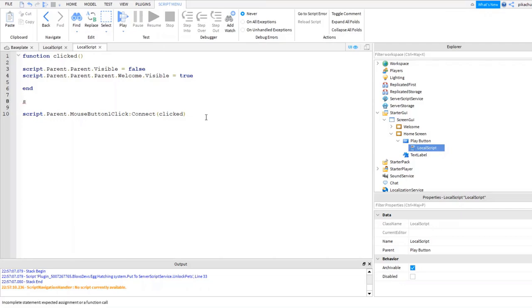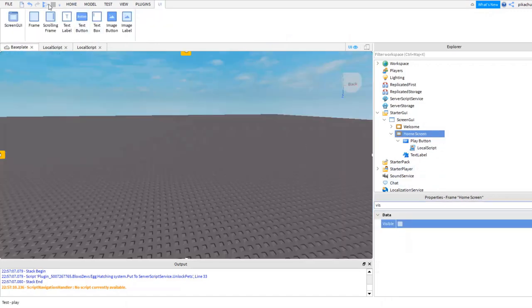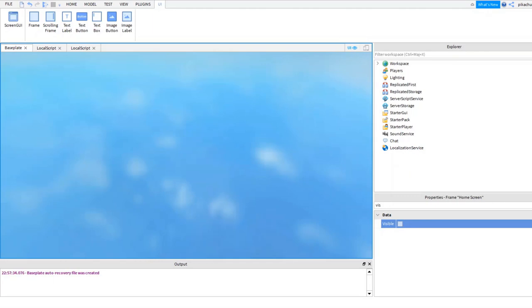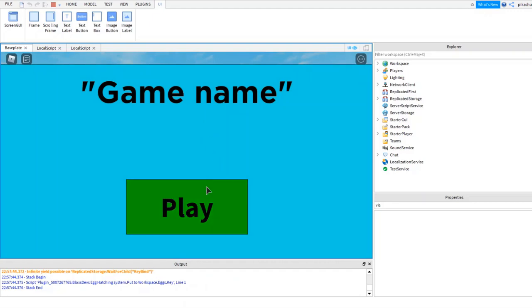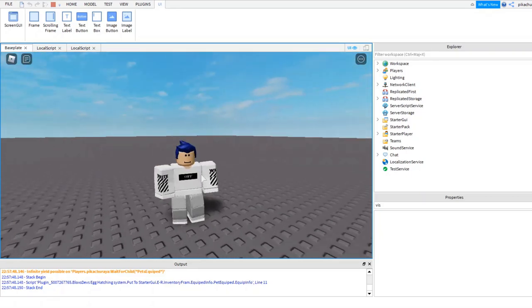And as well, we're just going to say that script.Parent.Parent.Visible equals true. So even though it is not visible, it will go visible when you run the game. So you don't bother yourself every time putting it back visible, which is awesome. So let's test it out. And as you can see, it goes visible perfectly fine. So yes, we've got our play screen, home screen, and we've got our welcome message pop up. So here we've made just that, and it's pretty awesome, honestly.